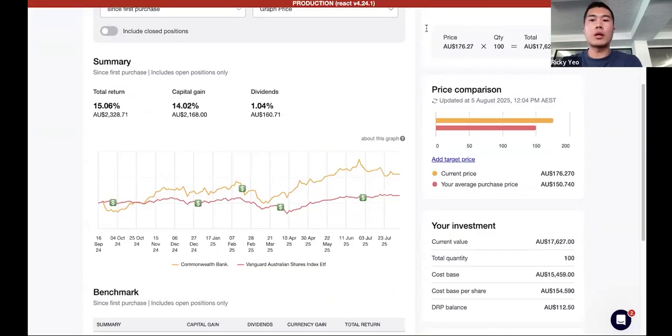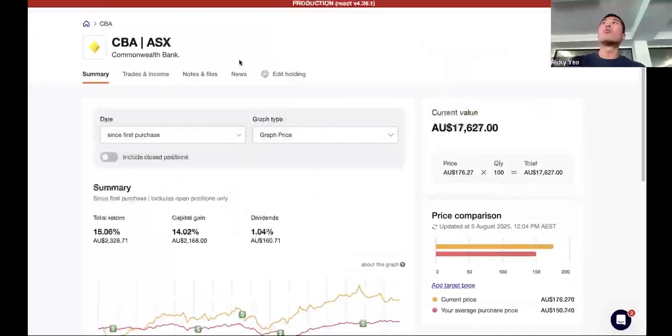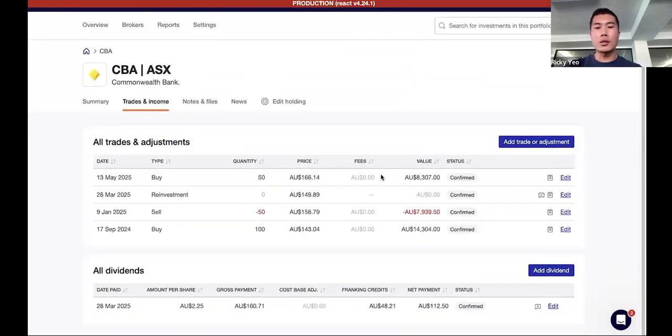A question: how will we know once Sharesight has the information, to save us entering the components manually? So when we get the tax component information for the ETFs from the share registry, normally we will send out an email to all our users to say we got that information. But the other way you can easily check is